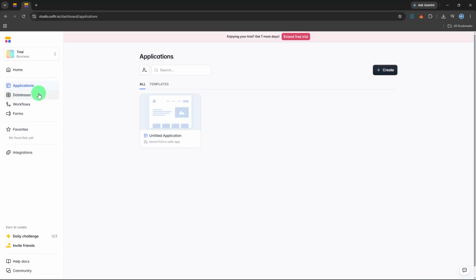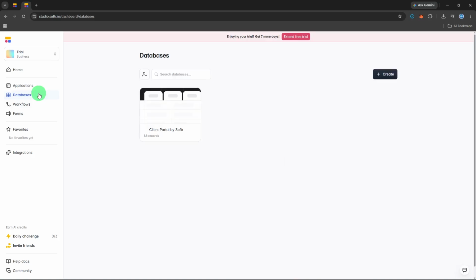Now, click on Databases in the left menu. Wait a moment for this page to fully load as it connects to your data sources. The Databases page is where you manage all the information that powers your applications. You'll see a list of any databases you've already connected, such as Airtable, Google Sheets, or Softr's built-in data storage. If you have any tables or data sources available, browse through them to see how the columns and records